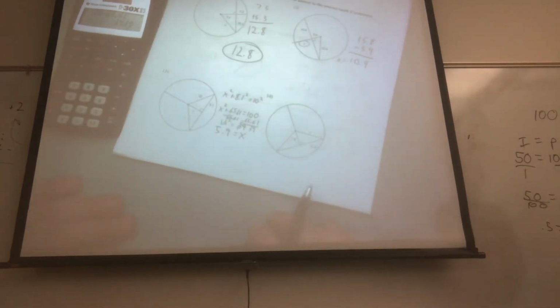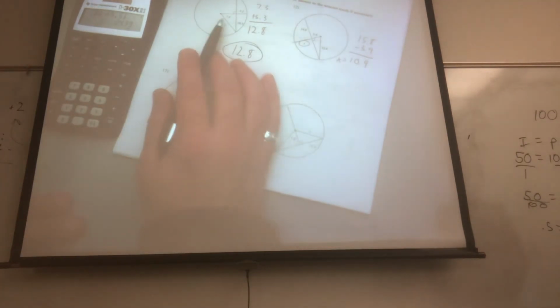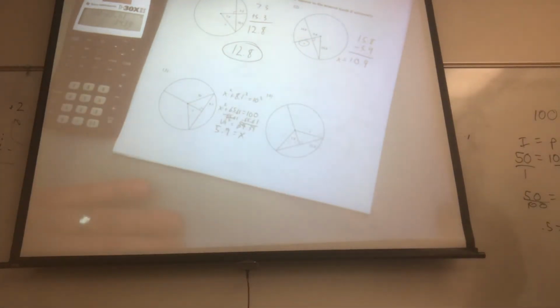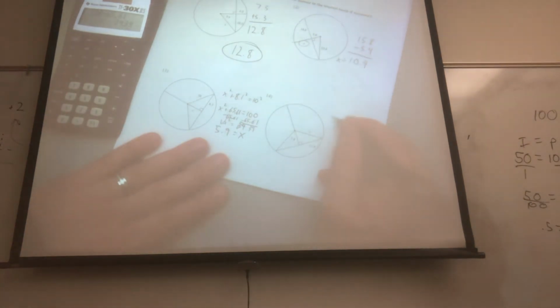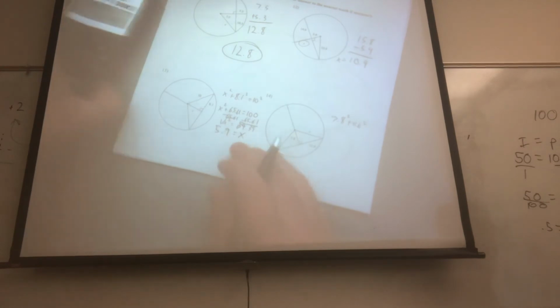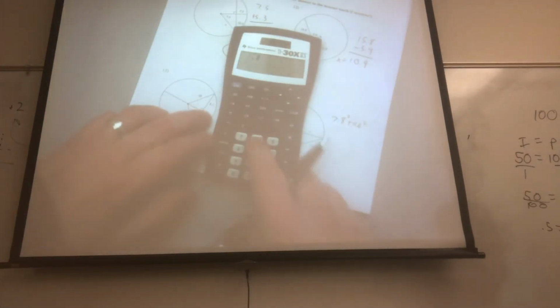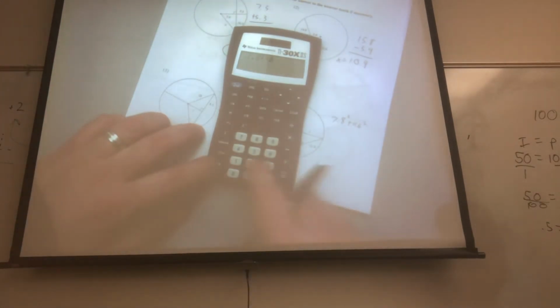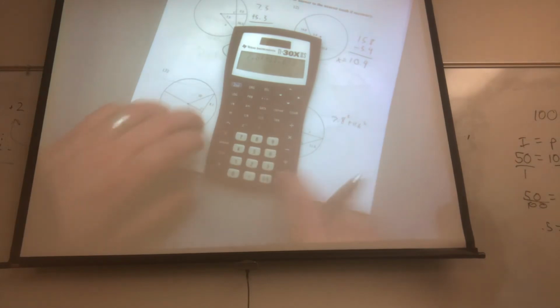On this one, again, I'm not given a measurement anywhere for my radius. So on this one, as opposed to this one up here, I really have to do the Pythagorean theorem, but this time it's 7.8 squared plus 11.6 squared. So I'm just going to type that in, 7.8 squared plus 11.6 squared. That gives me